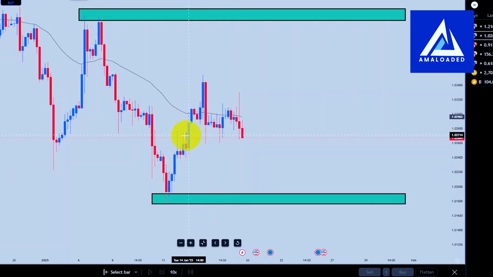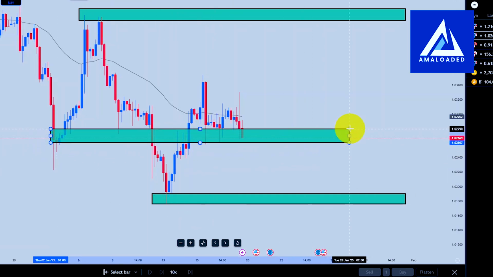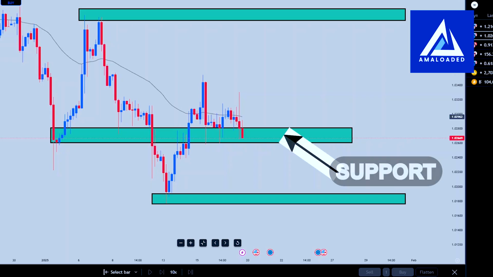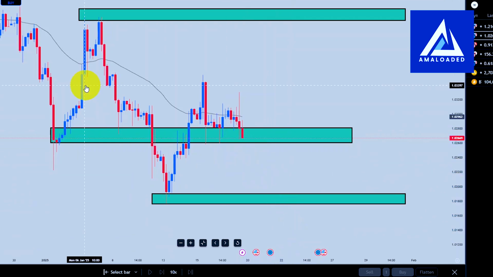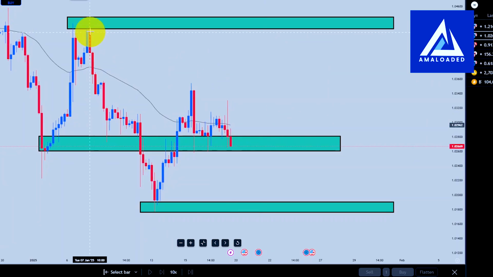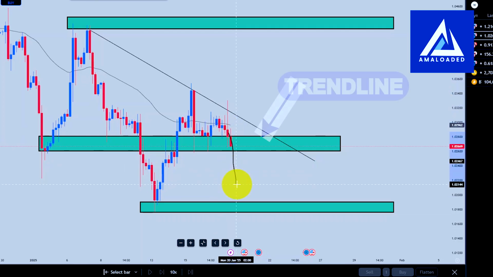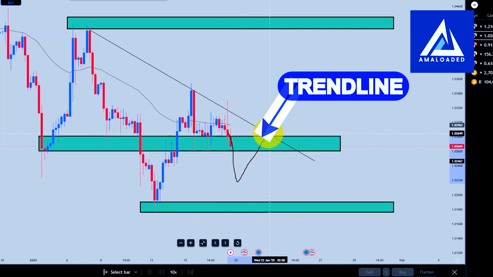So where are we executing our sell bias? We are waiting for the price action to take out this key level zone here, this minor key level zone. We're expecting a breakout here, wait for a pullback here, then we'll take a sell opportunity. The price action is still trading below our moving average, and we can use our trend line as well to validate this zone here. So there is a tendency for price action to break this support here, tap this trend line again, then push to the downside on Euro